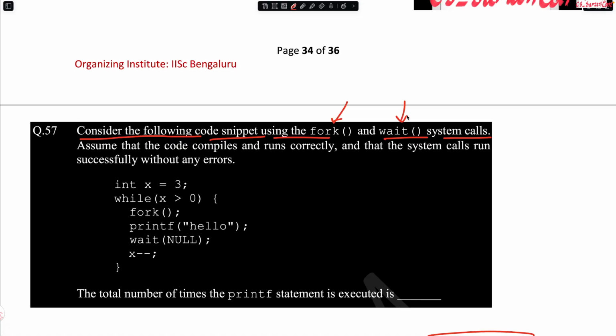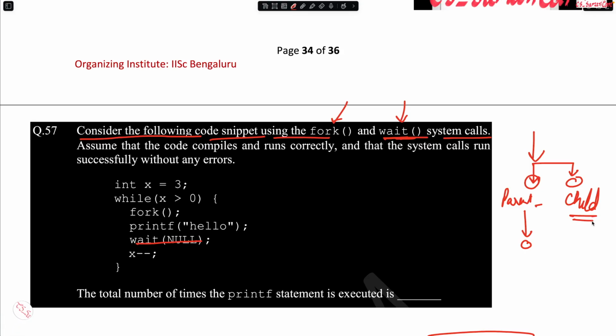The base level behavior is that the fork command takes the single thread that is coming and produces a child thread, and the current thread goes on. This current thread is known as the parent thread, and the one being created is known as the child thread. The wait null command, as used here, makes the parent wait until the child thread has finished. That's the fundamental behavior of fork and wait.